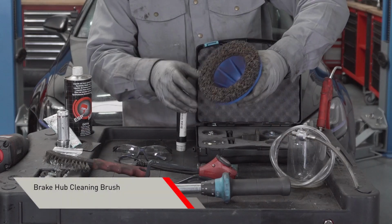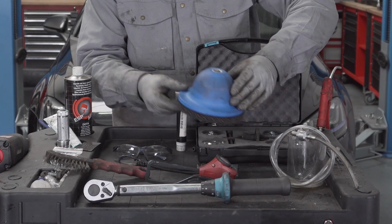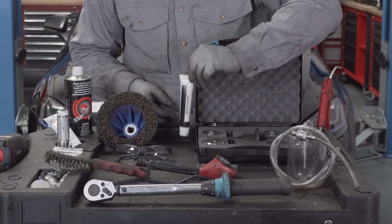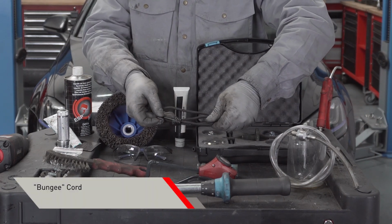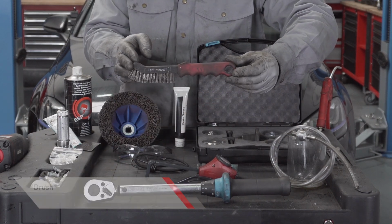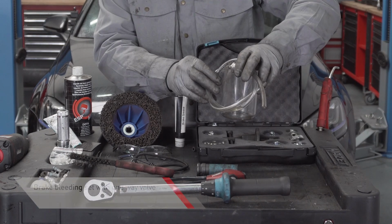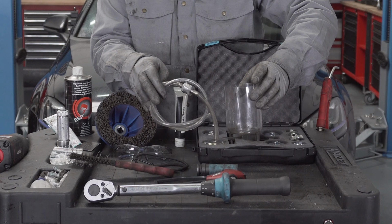We will use brake hub cleaning brush to remove dirt accumulated on the wheel hub, brake grease to help reduce vibration, noise, pad dragging, and uneven contact, bungee cord to hang the caliper and avoid damaging it during the operation, brush to clean the saddle, caliper piston retractor device to retract the caliper piston without damaging it, brake bleeding set with one-way valve to collect braking fluid,